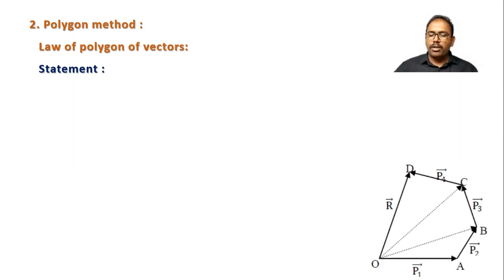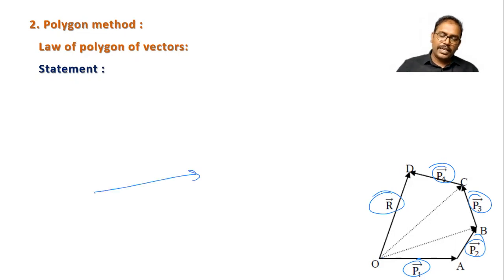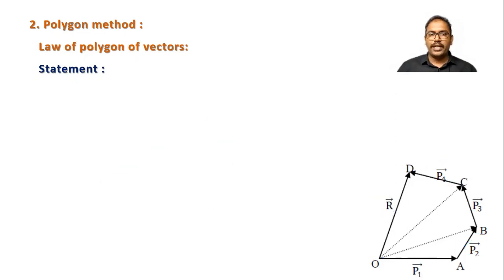Now when we are talking about a polygon, poly means many, gon means angle. A diagram with many sides and many angles is a polygon. So this side is P1 bar, this side is P2 bar, P3 bar, P4 bar, and then their addition is this. Means here, the addition of sides is equal to the remaining side. In the triangle law, you know that the first side plus the second side, the addition of these two sides, is the remaining side. In a similar manner in a polygon also, the addition of sides is equal to the remaining side.